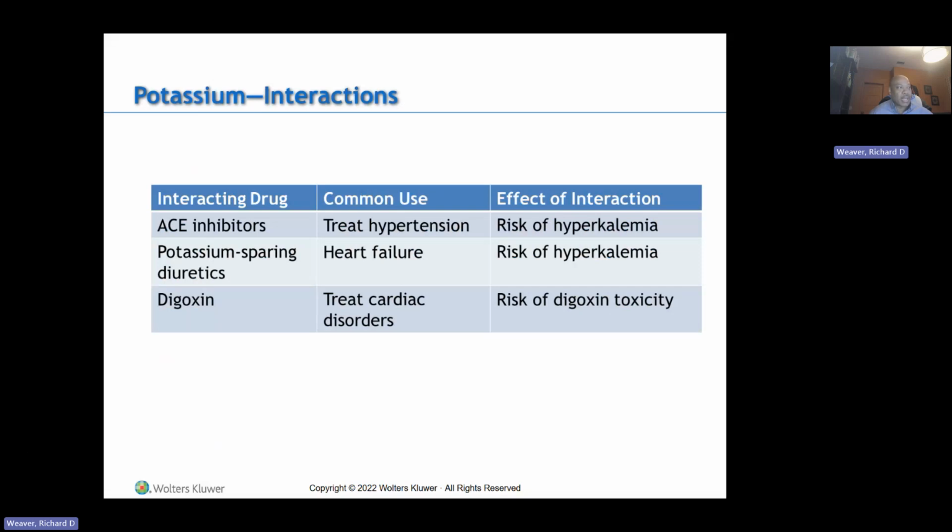And so what happens is when we're giving those diuretics, we sometimes cause hypokalemia because with all the fluid loss,